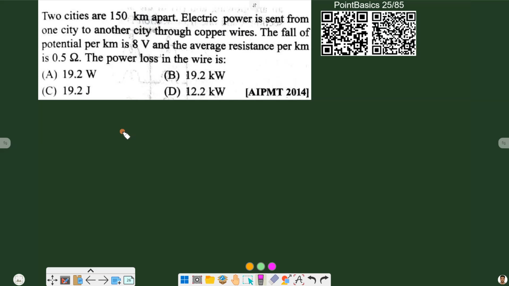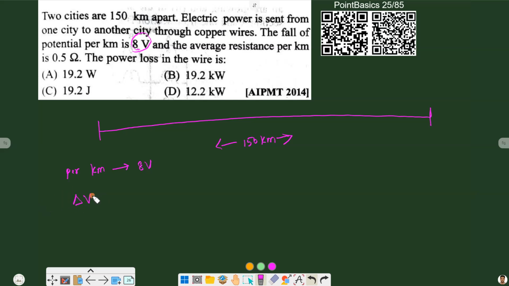Assume this is our wire of 150 kilometer. This total distance is 150 kilometer. Now we are given that there is a potential drop of 8 volt per kilometer. So per kilometer potential drop of 8 volts. Now in 150 kilometer we will have a potential drop, or we can say delta V will be 150 into 8, so that will be 1200